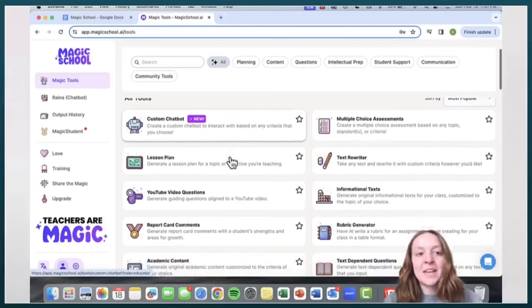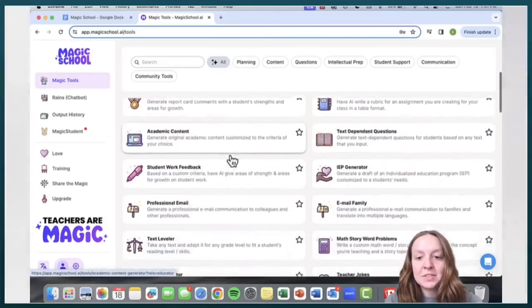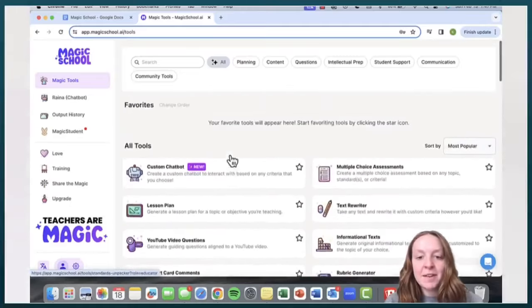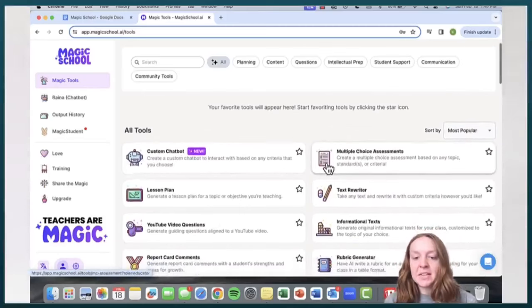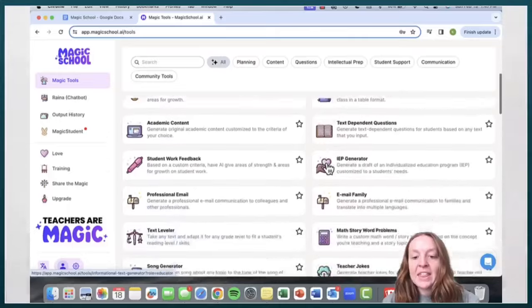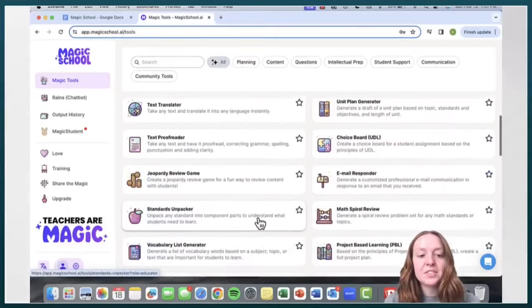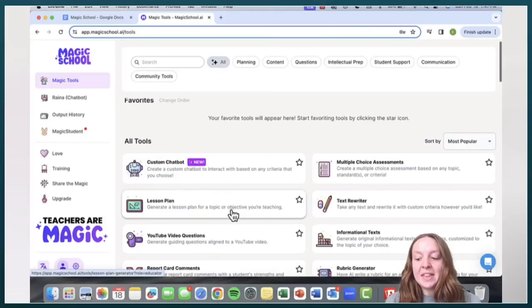But this website, Magic School, has over 60 tools that you can use as a teacher. Some of my favorite ones are the lesson plan, the multiple choice assessments, the math story word problem, and also the standard unpacker. So with the lesson plan,